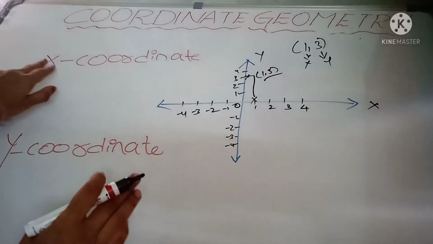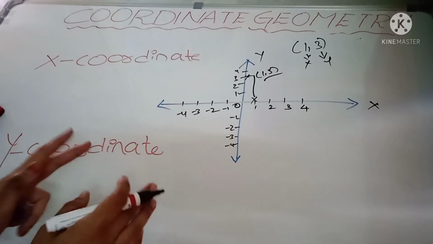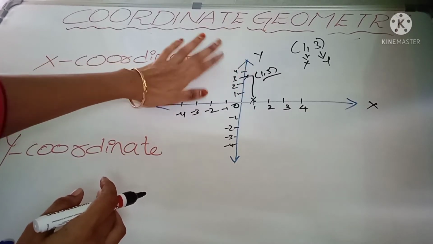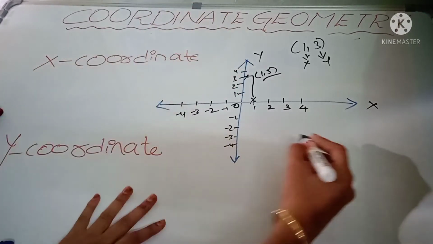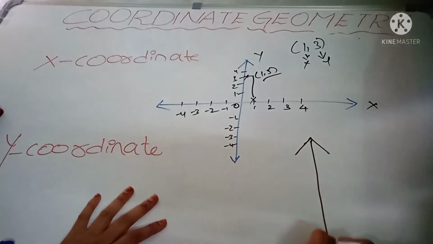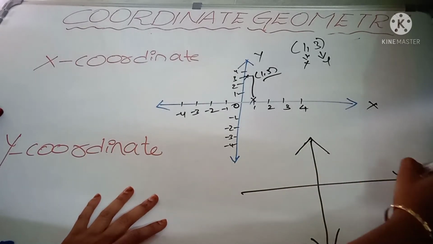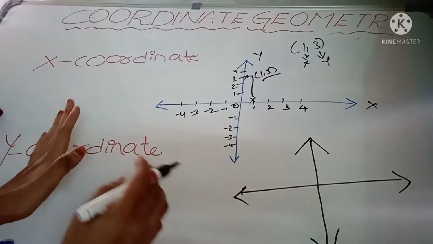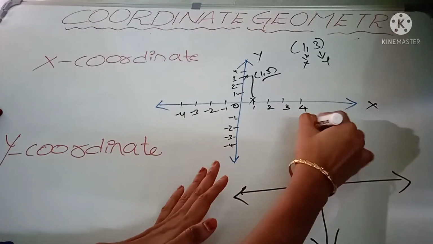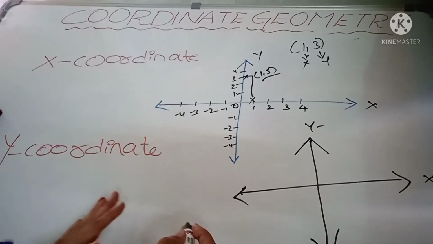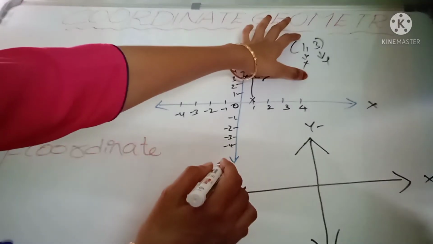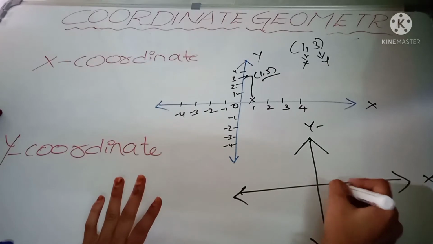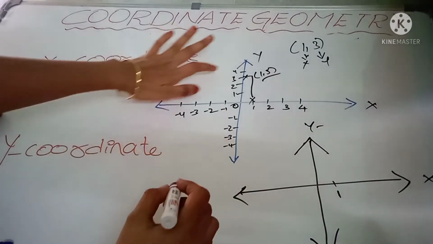See here, what's the given question? What is x coordinate? The distance of a point from the y-axis is known as the x-coordinate. See, this is an xy plane. Again, I am drawing here for your clear understanding. The distance of a point from the y-axis. This is the y-axis and this one is the x-axis. What's the given point here? The x value is 1, so write here only 1. Now what's the y value?